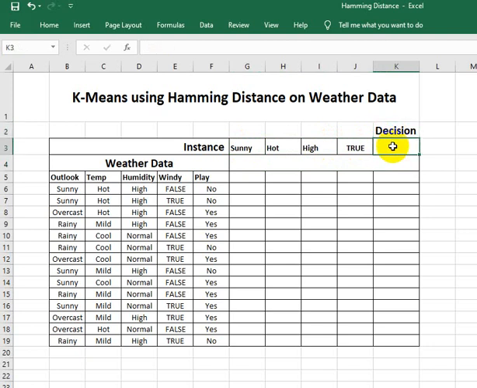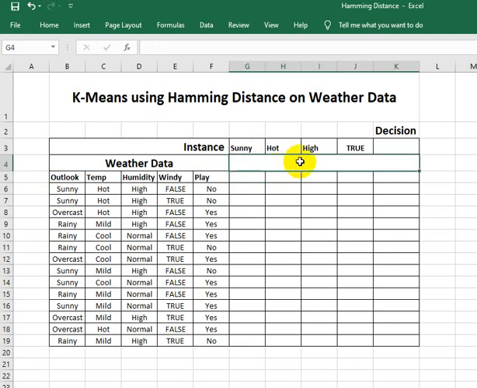So we will determine the decision in this cell of the Excel sheet. The Hamming distance is: if the given value matches the dataset value, then we say it is a match and the distance is 0, and if it is not matching, the distance is 1.